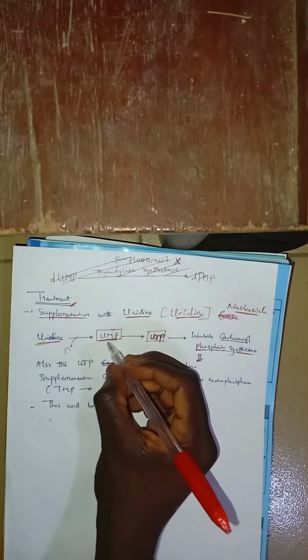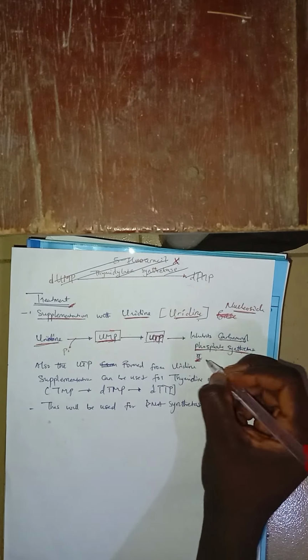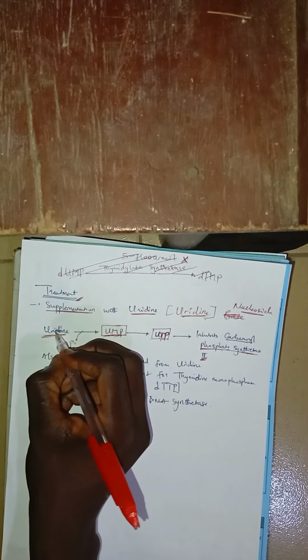So one of the ways in which we treat them is by administering uridine. When you administer uridine, it will convert to UMP. UMP will form UTP. UTP will inhibit the carbamoyl phosphate synthetase II enzyme. Then from there, we are not going to see any more formation of orotate, so there will be no orotic aciduria again. Then again, this UTP or this uridine that you synthesize can also be used to synthesize